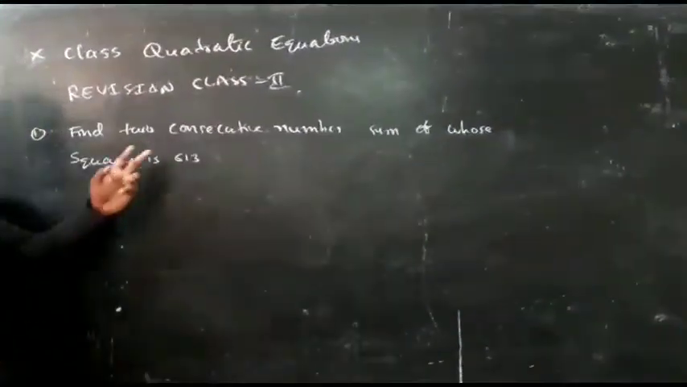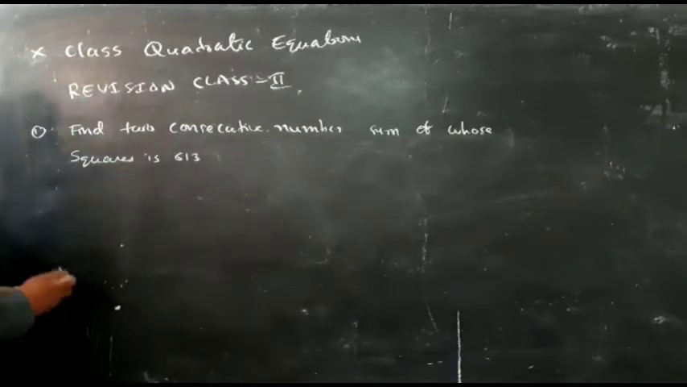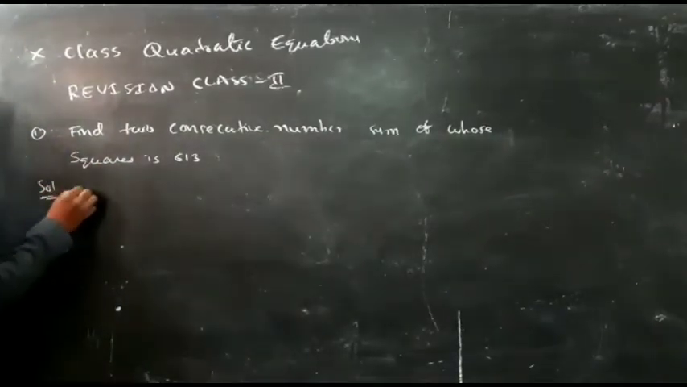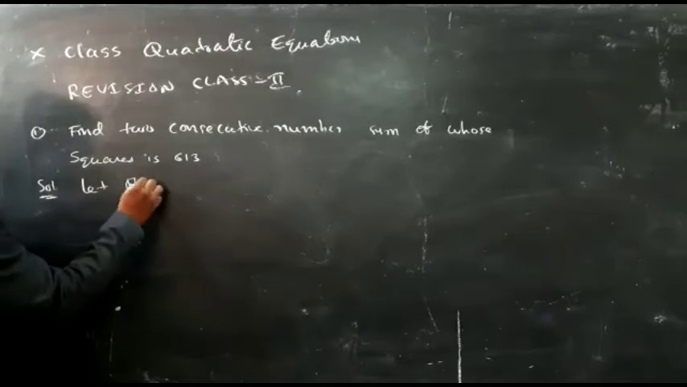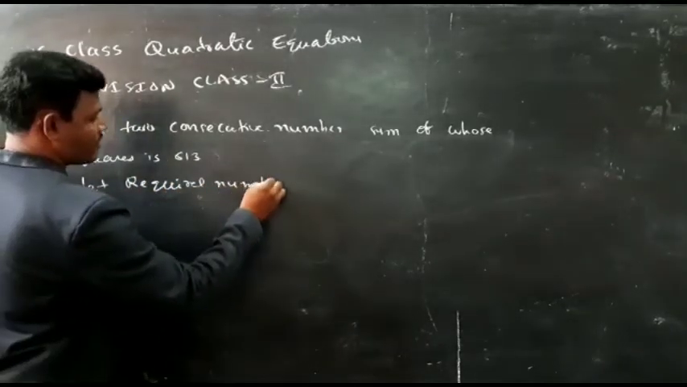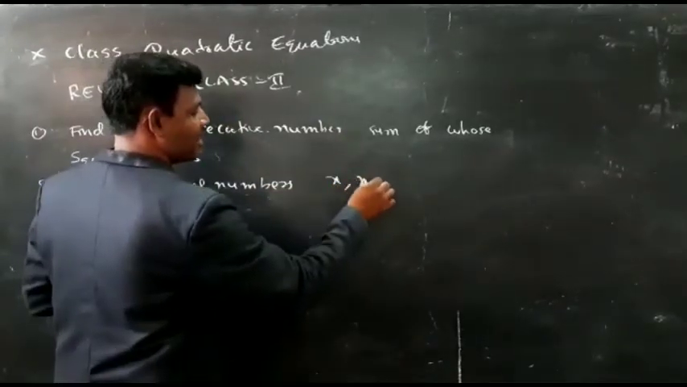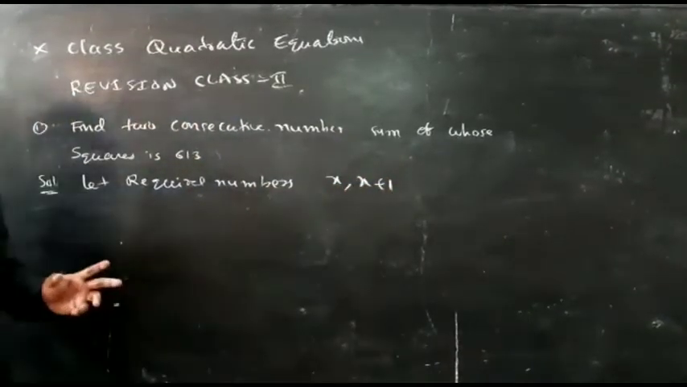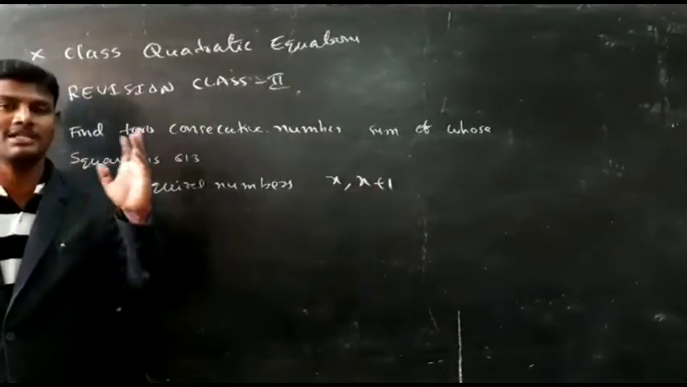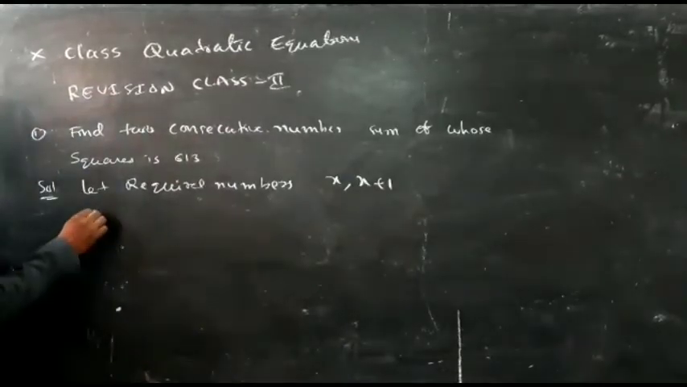Find the two consecutive numbers, the sum of whose squares is 613. Solution. Let the required numbers be x and x plus 1. I am taking one number as x and the second number as x plus 1. So as per the given condition,